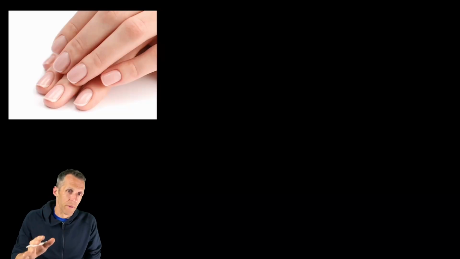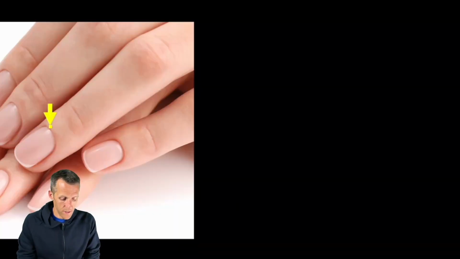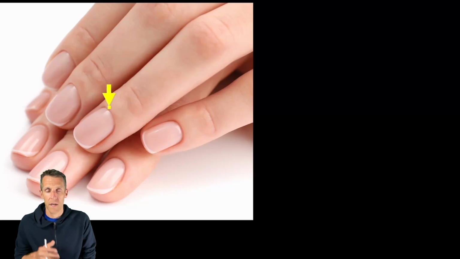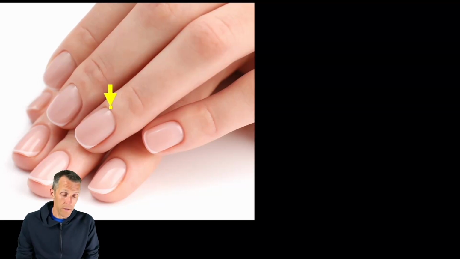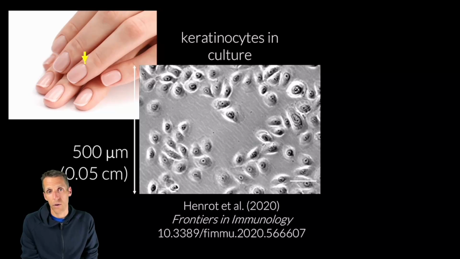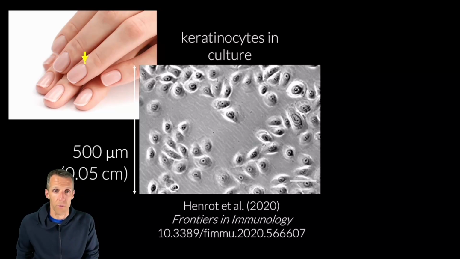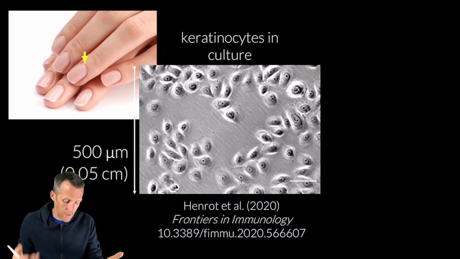So let's start with something that we've all seen before. Hopefully we have all at some point in our lives seen a human fingernail. And what I've done is drawn a very tiny box that we're going to zoom in on. So let's grab that tiny box, zoom in. And what we can see here is, at that scale, if we could really zoom in, we would see individual cells. We'd see keratinocytes, which are the cells that actually generate things like keratin in nails.